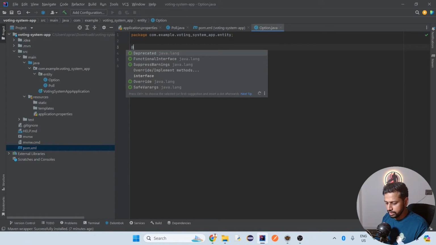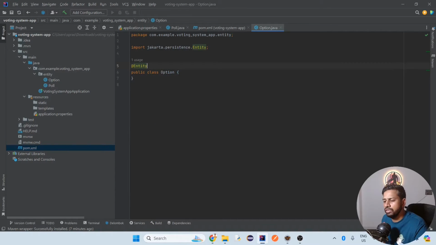So this is again an entity. You can use the Table annotation here as well, which is to signify that this is a table. Also you can provide a different name if you don't want to create it exactly similar to the class name. So let's say if I do table name equals options, in that case it will create the name as options on the table rather than option. Alright,